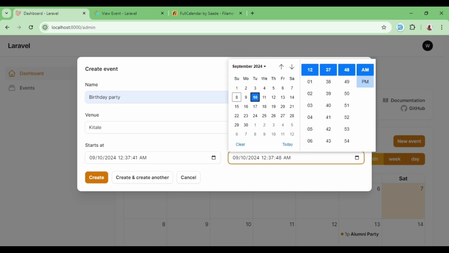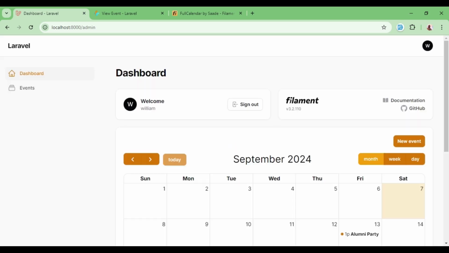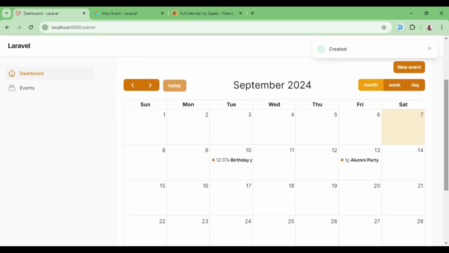Maybe this 1 p.m. like that, and then we can say create. Now you can see the event has been created successfully, and we are having it here. So basically that is what you can do if you are working with the calendar widget in your FilamentPHP